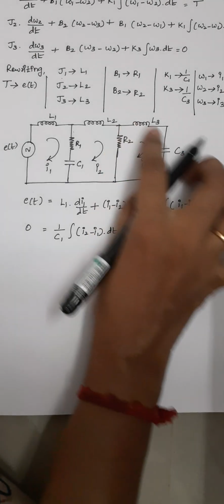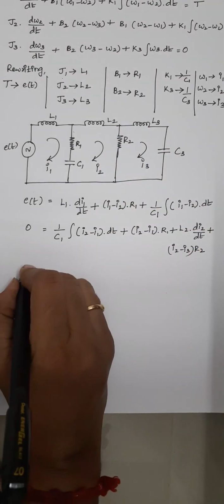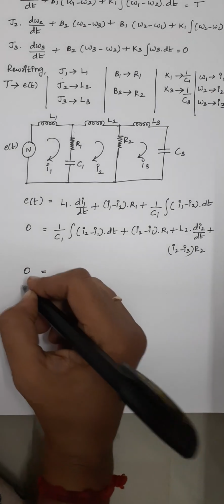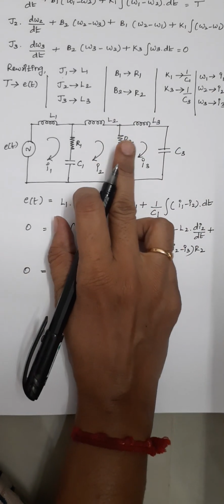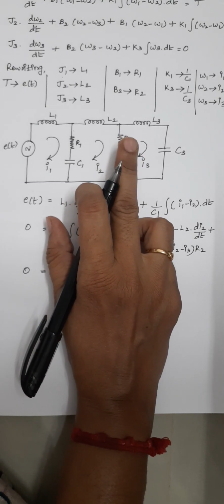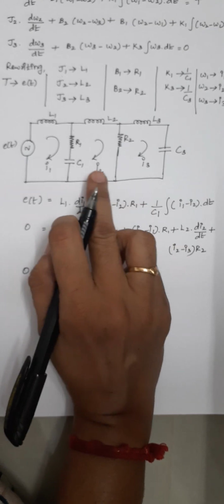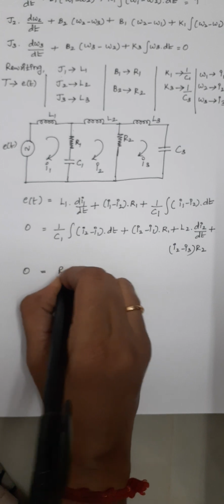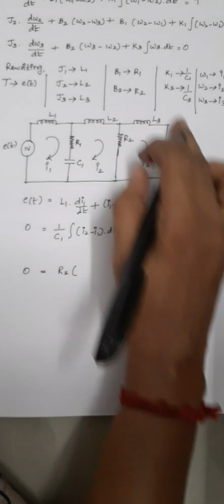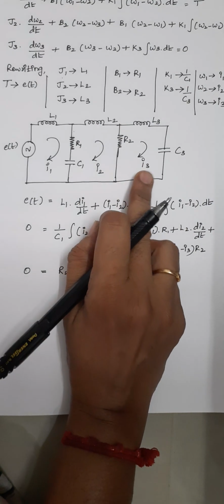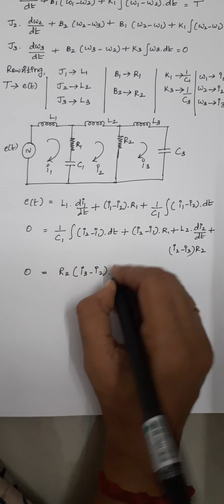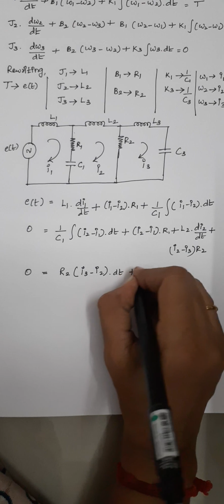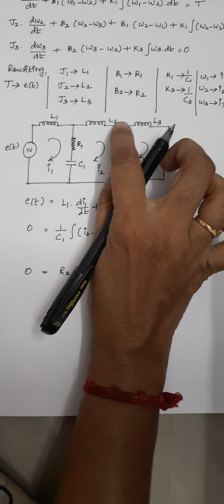Now consider your loop 3. Again in this loop 3 there is no source voltage, so which is 0. So 0 equal to, here I am writing first I start with R2. Through this R2, I2 and I3 are flowing. So I have to write it as R2 into, as I am considering loop 3, the current I3 should be written first. So you have to write it as I3 minus I2 into dt plus L3 into,